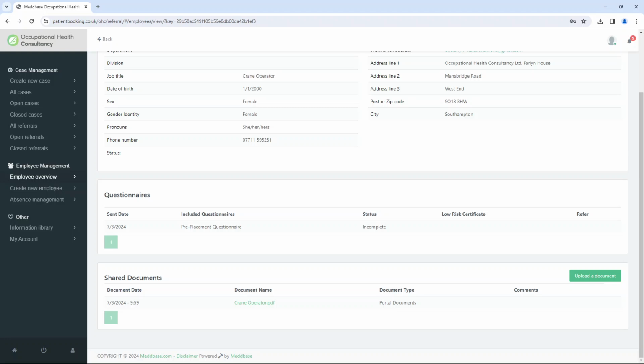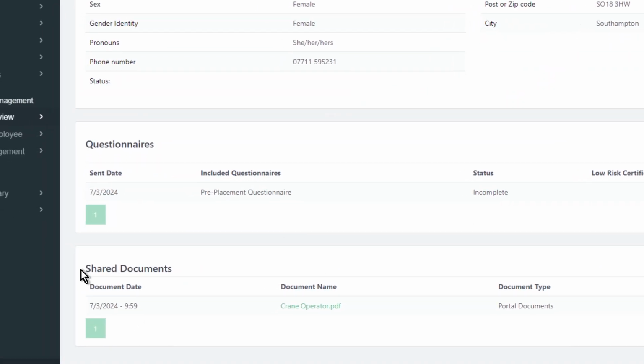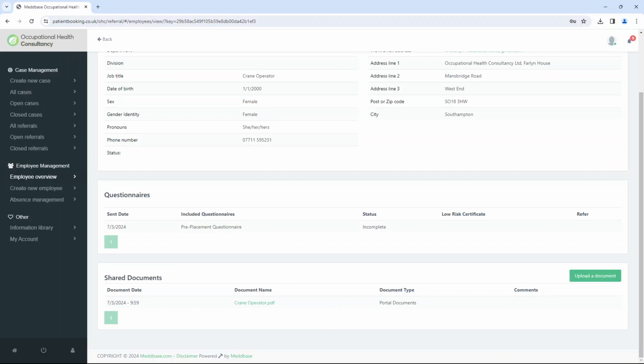And that's obvious, we've literally just sent the form out, but that status will change depending on whether the employee has completed it and whether we have reviewed the answers and issued you with a certificate. When we issue a certificate, the certificate will appear here in the shared documents area. So down here underneath crane operator, there will be a pre-placement certificate, and just click on it to download it,